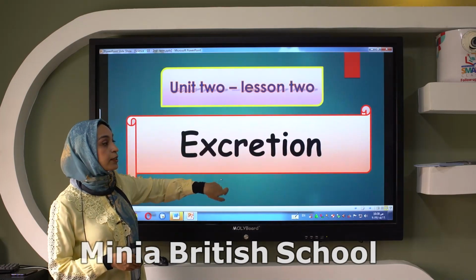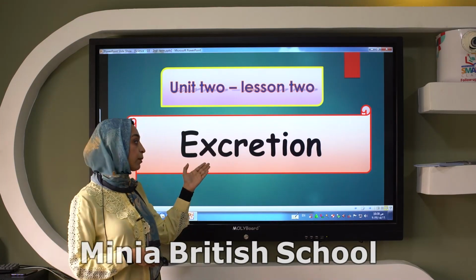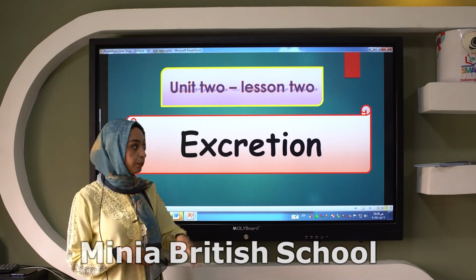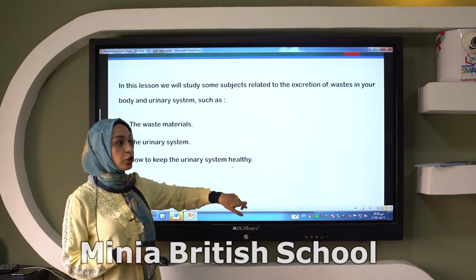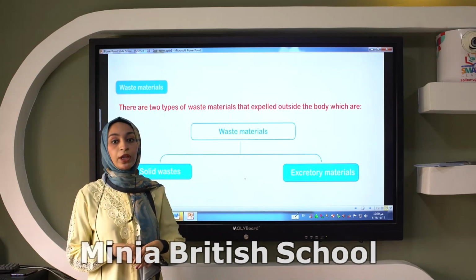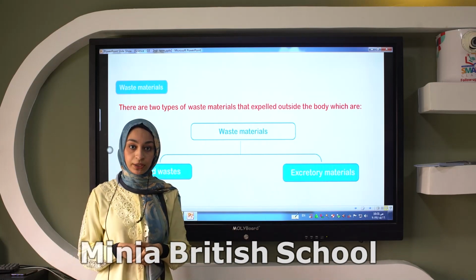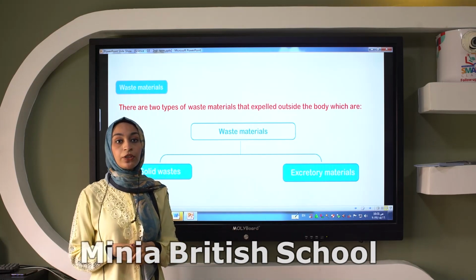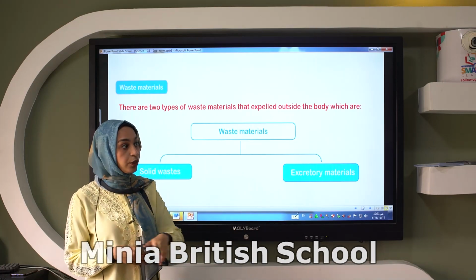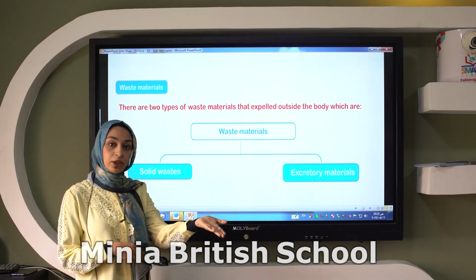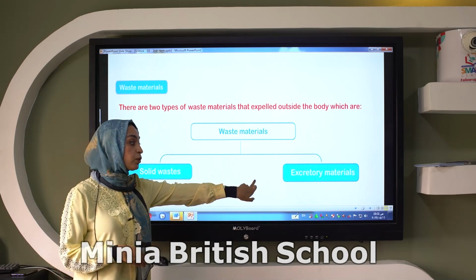What about lesson 2 in this unit? It talks about the excretion process, or actually the excretory system. Let's talk about the excretion. It is divided into two types of waste: solid waste and excretory materials. Solid wastes are the undigested food that is stored in the large intestine until it passes outside the body. While the excretory materials are